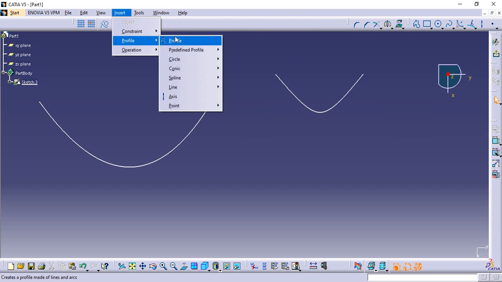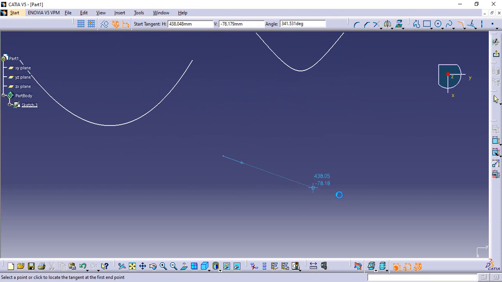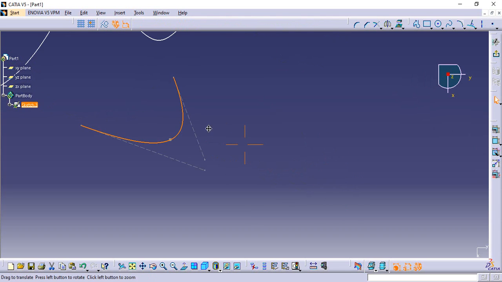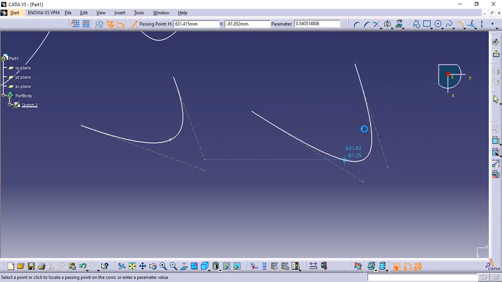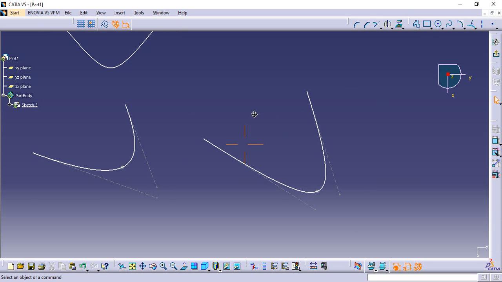Okay. For the conic, we need to make 2 lines first, then we can make a conic in between these 2 lines. Like I will tell, make 1 line, a second line. The lines will be construction lines because the main figure is the conic, and with the help of these 2 construction lines we made this conic, and this conic and these construction lines are part of the conic command.